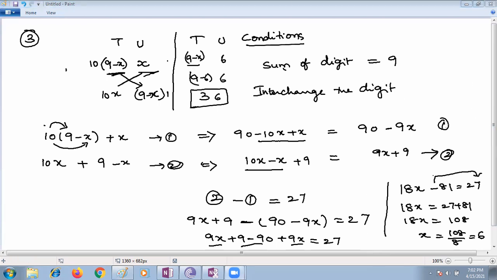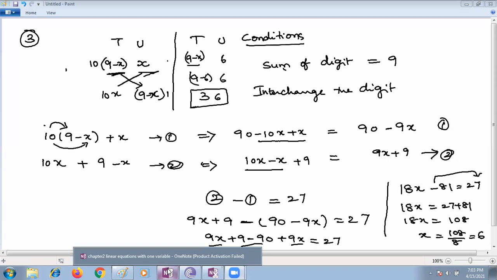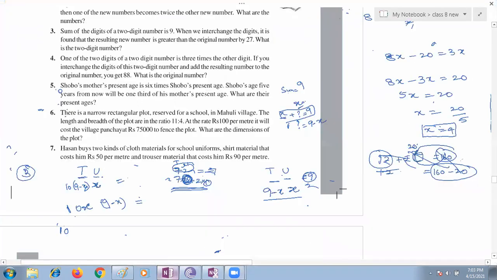Ma'am, then we can find out the numbers by the formula which we took in the starting, no? Yes, we can. Because each and every question is different. You see, children, there are different logics. So the concept is same. The concept is we are solving simple equations only. But every question is given in a unique way. See the next one, third one is over, children. Coming to the fourth one.